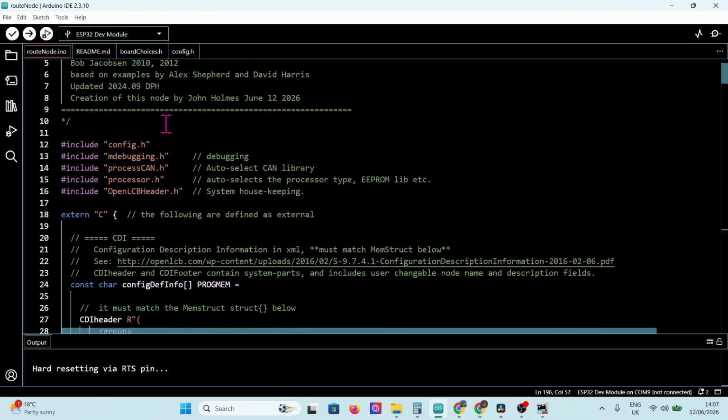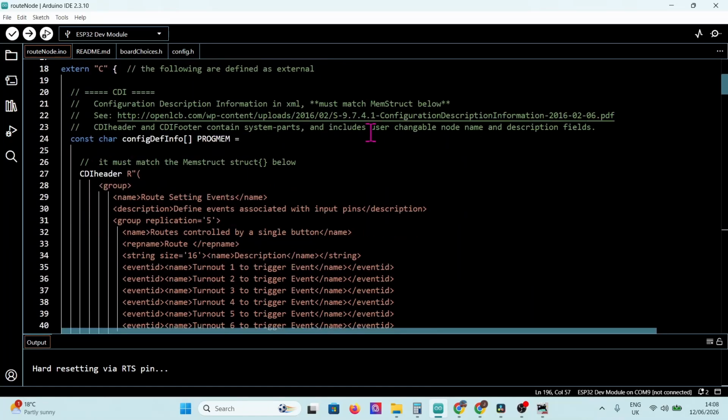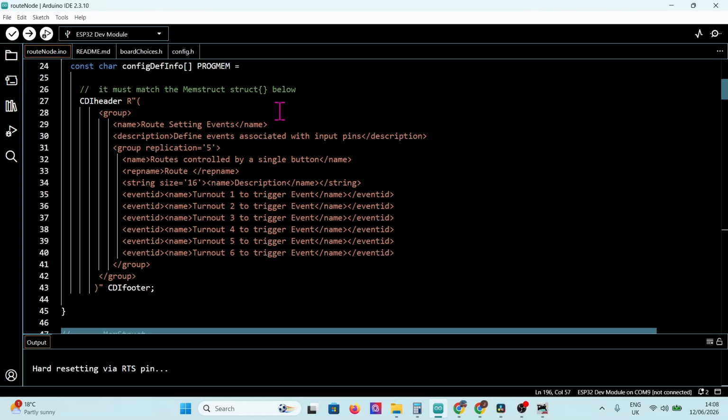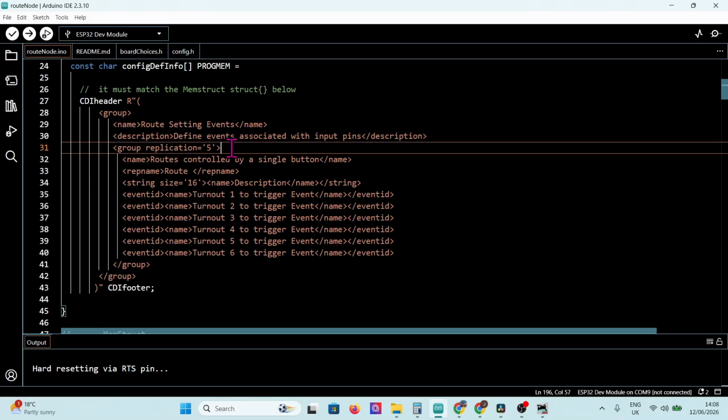Obviously, I've made a few changes to this screen compared to what comes when you get it off the OpenLCB single thread library. But here you can see the CDI structure. What we've got here is a group, and then we've got the route setting events, which appears at the top, and then a slight description here of what it's going to be used for. Now this one here,